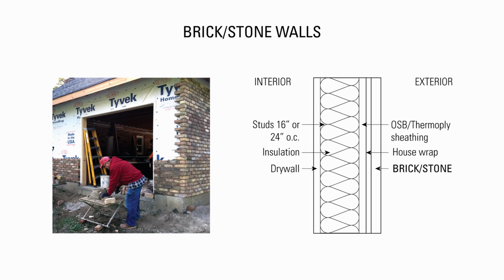Next, let's look at brick or stone walls. They consist of an independent masonry layer that is tied to the main structure, an air gap, air barrier and vapor retarder like Tyvek, OSB, stud cavity insulated walls, and then drywall on the inside. These are called moisture storing claddings because they absorb a lot of moisture when it rains.